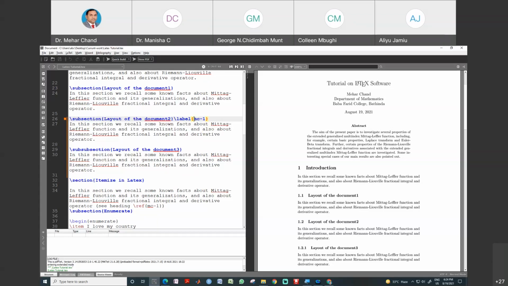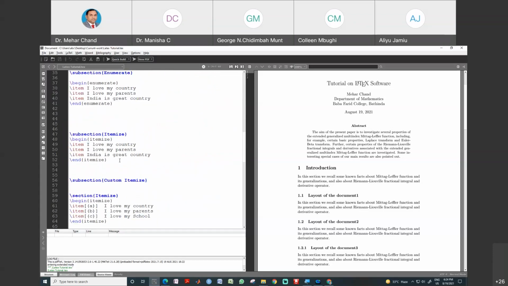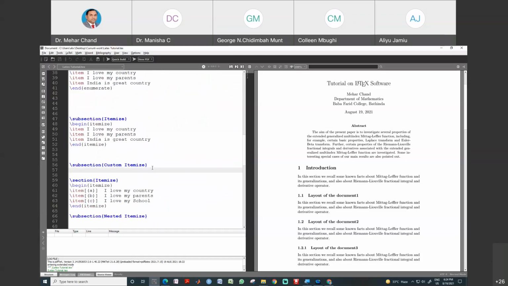So how can we use it? I will copy the label from this place, and I need to mention it wherever it is needed in the document. Suppose at this place I write, see the heading, then slash ref, and paste here.